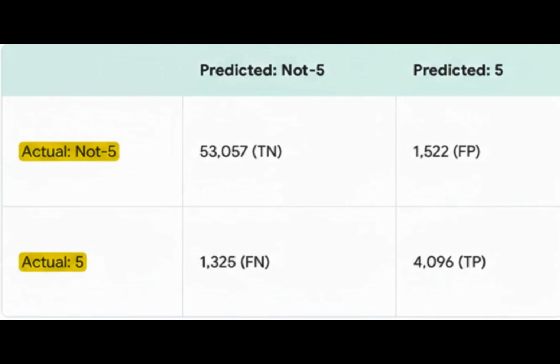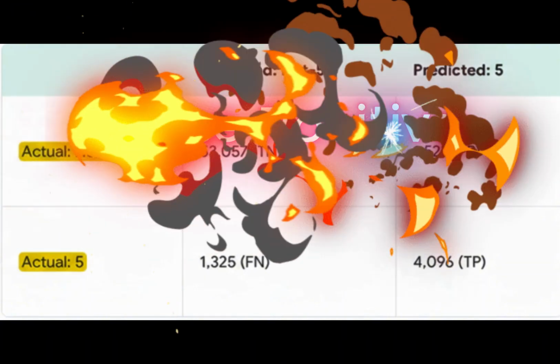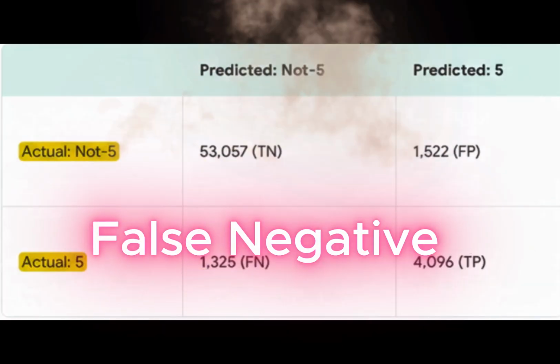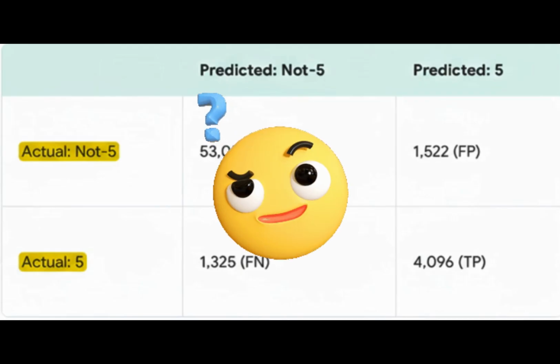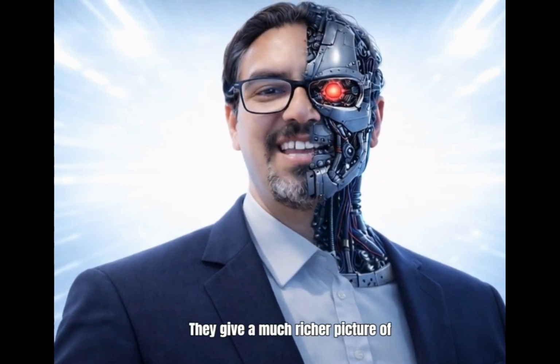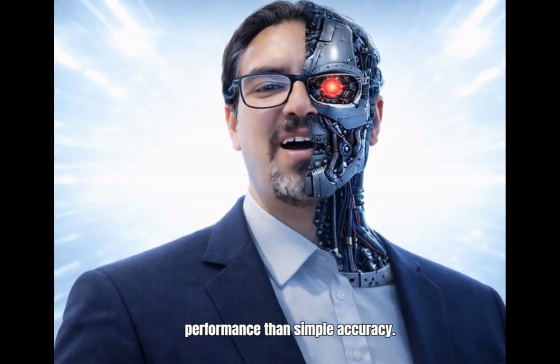This is exactly where accuracy becomes insufficient, and we need to move beyond it to evaluate our models properly. Accuracy alone cannot capture the weaknesses of a model. Particularly, it is unable to highlight the 2 important numbers we've just learned: false positives and false negatives. Therefore, we must consider alternative evaluation metrics that explicitly reveal these types of errors. The key question then becomes, which metrics can effectively expose and quantify these weaknesses? Let's look at precision and recall. They give a much richer picture of performance than simple accuracy.